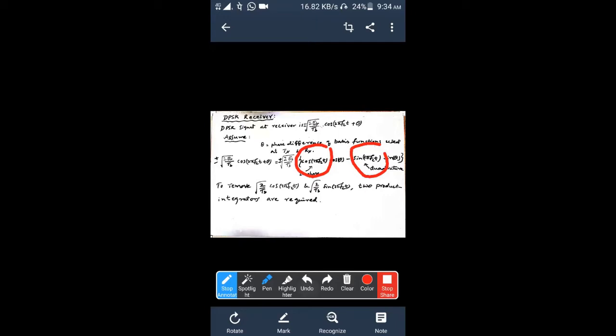So we have created an in-phase component and a quadrature component at the receiver, right? Because of the mathematics, my equation has two components. One is the quadrature component, that is the sin 2 pi fc t component. Another one is the cos 2 pi fc t component. So we can think of making a receiver using this in-phase component and quadrature component, and we can handle them separately.